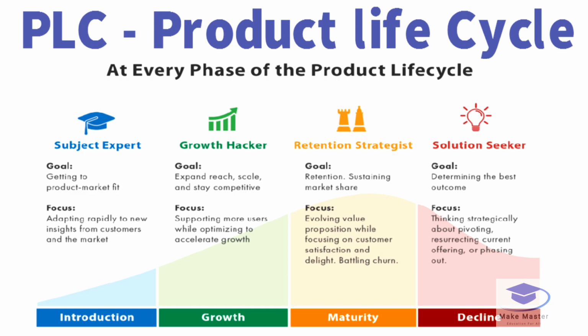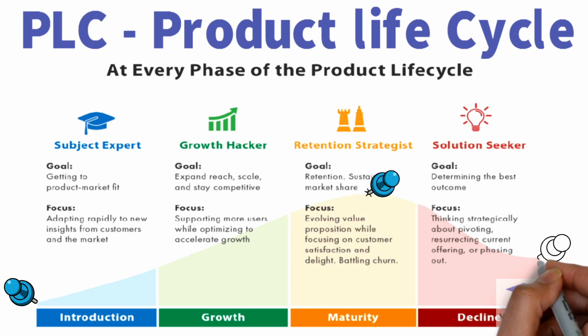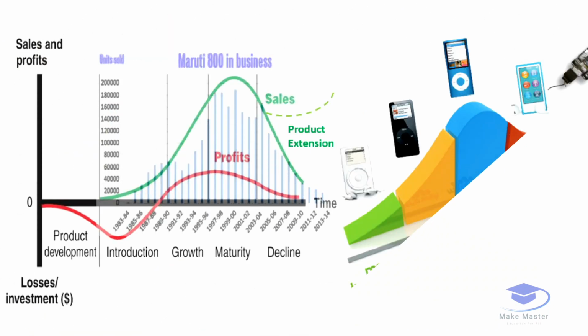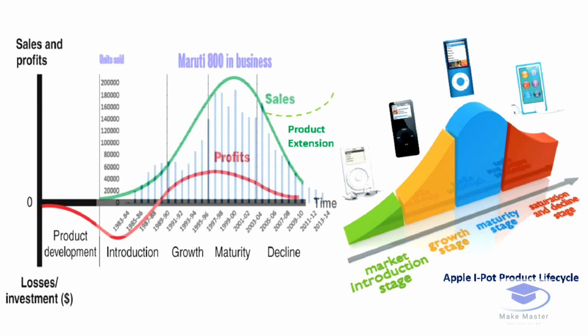If you see here the graph from introduction to decline, the graph starts from zero in introduction and it's growing and then reaching the peak in maturity. If you see the declining phase, it is also coming down. We can also see examples of product life cycle and match them with the graph for more detailed understanding. Take the Maruti 800 as an example. The product was developed before 1983. We are going to fit the Maruti 800 business from 1983 to 2014 in the PLC four-phase curve.